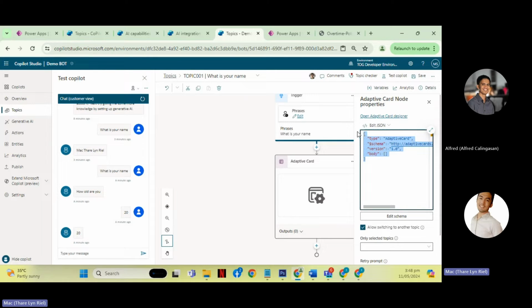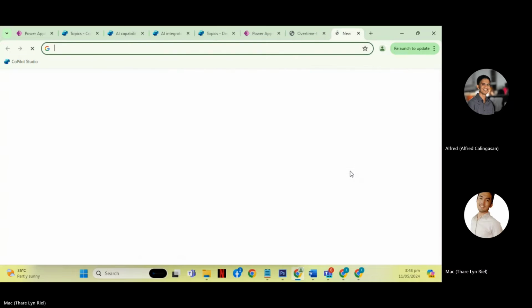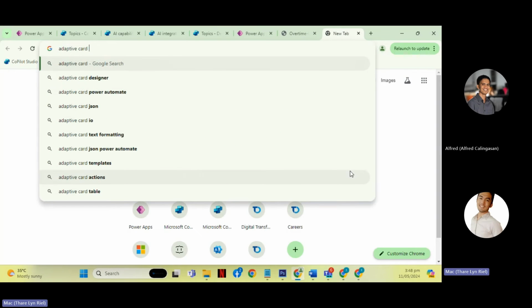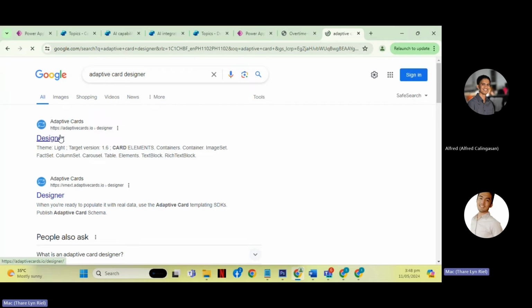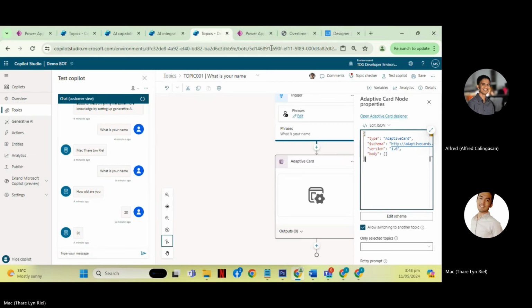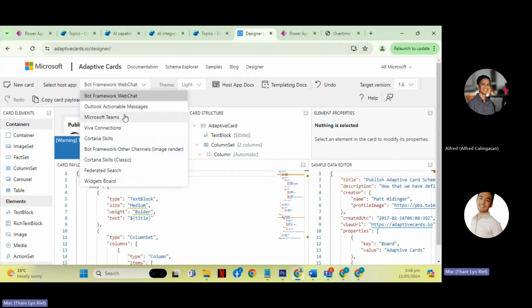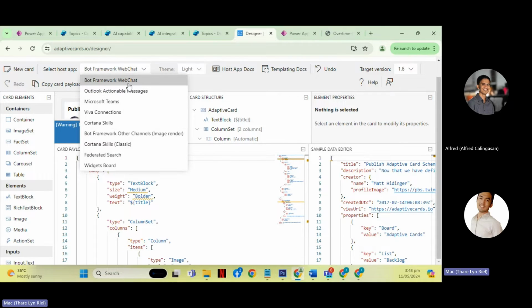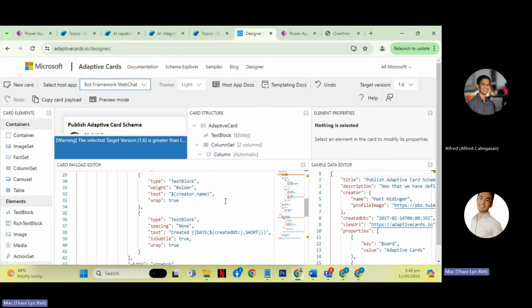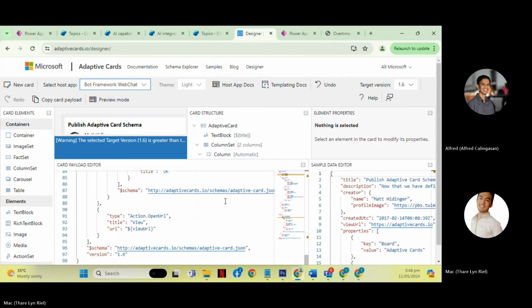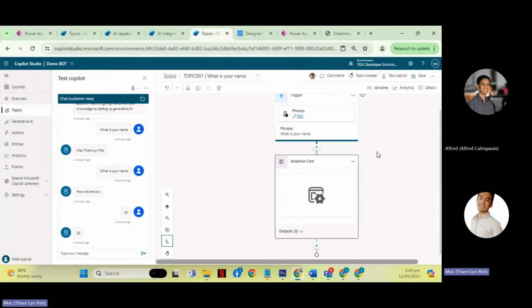For this, I won't be creating one right now, but just for a quick idea, there's an adaptive card designer that might be helpful when using this action. Another proposal will be using the Bot Framework. And you can build an adaptive card here and then use it on your Copilot.